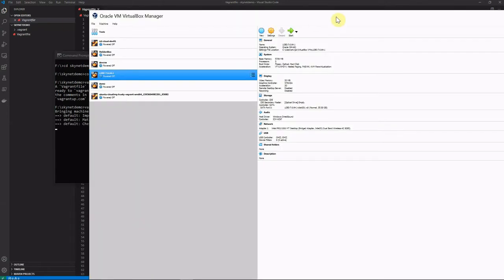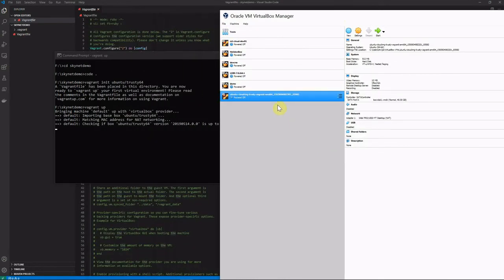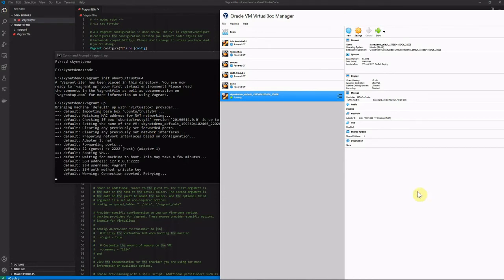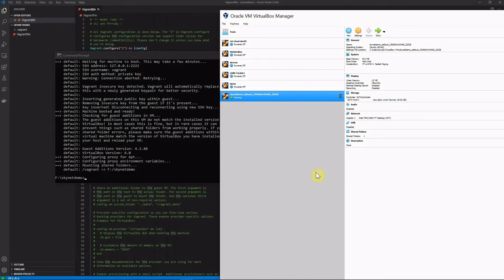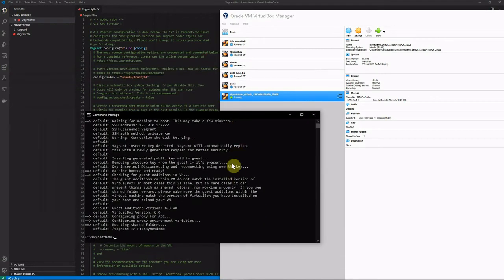At the same time, you can notice here, this is the new machine which we are building just now using Vagrant. We are managing everything using this shell command. All right, so you can see the machine is running. We are still not in SSH into this server.